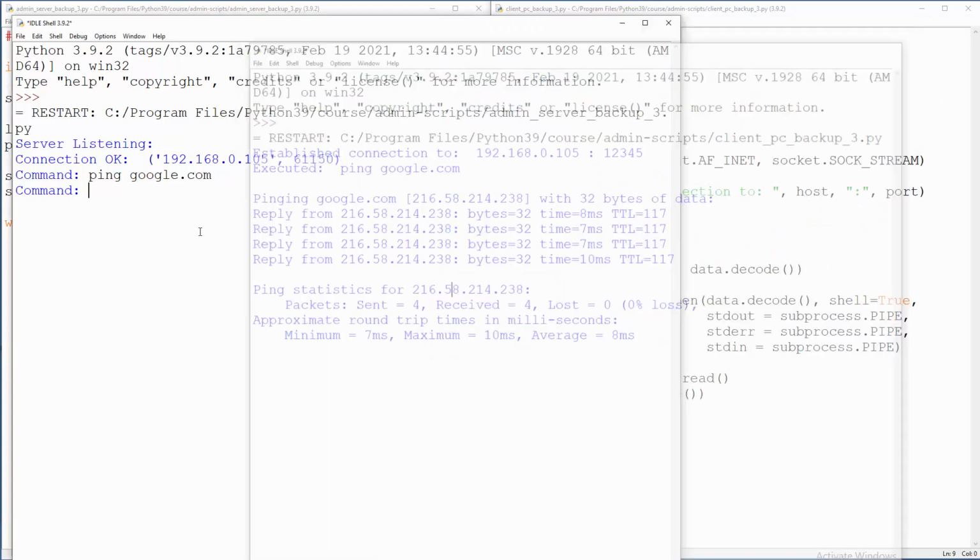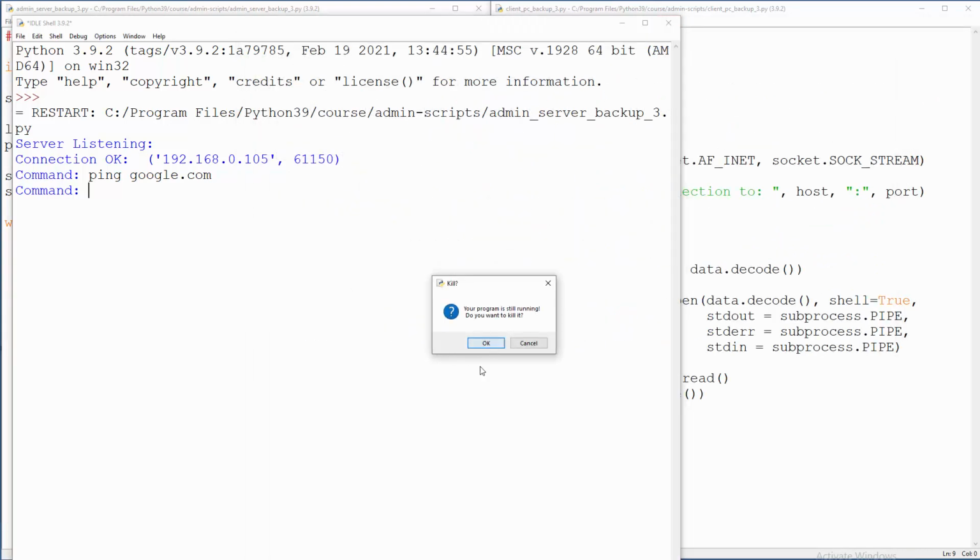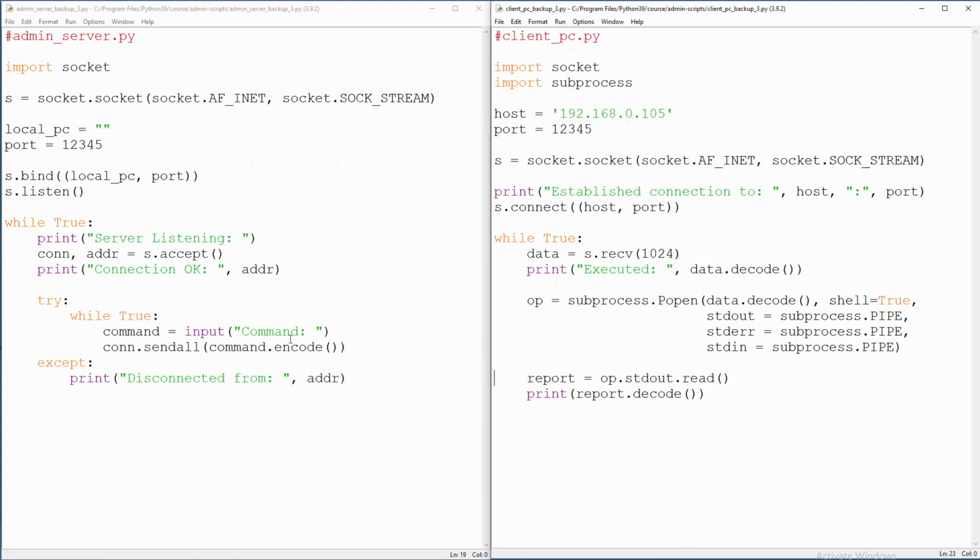Okay, let me handle that. I'm gonna cancel this stuff. And how we are going to send it right over here? Well, easy. We are going to target connection, which is S. Okay, right over here, let's say. And again, we are going to use send all method. I think I was using it here. Okay, send all,